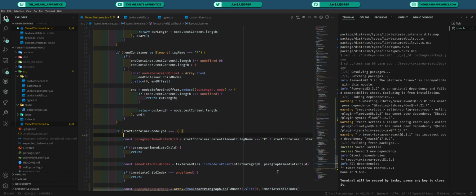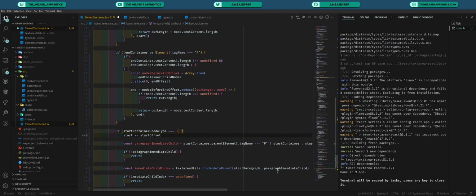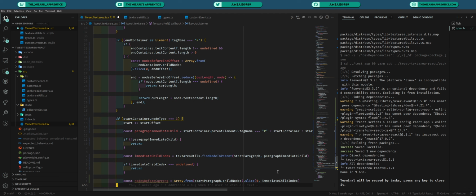Let's also do something here quickly. First thing we'll do is add the start offset to the start variable, because in this case start offset refers to how many characters are inside the text node, which tells us where the text cursor actually is. So let's make sure that we do that here, and then